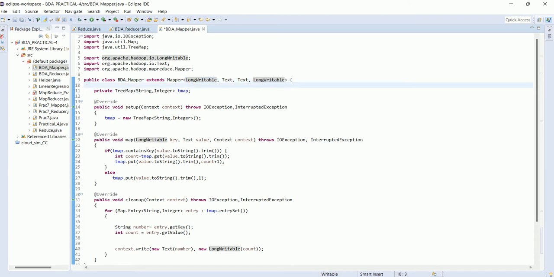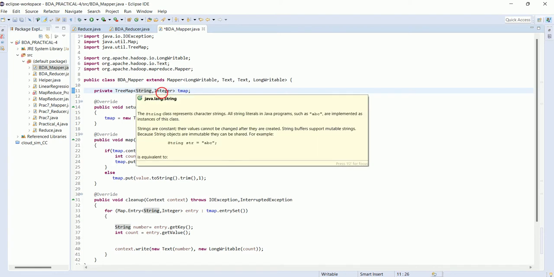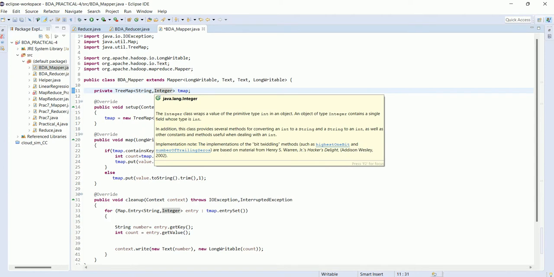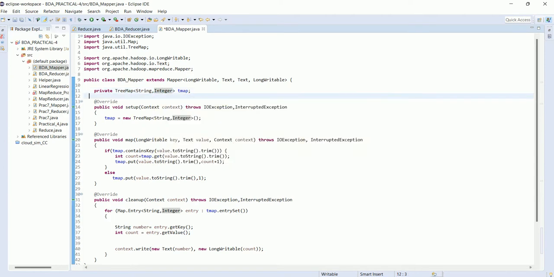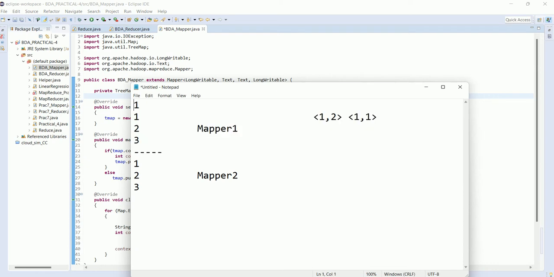Then we are creating a global variable, a TreeMap, which takes a key and a value. The key is a String, which is the number, and the integer just stores the occurrence of that particular number. We need this TreeMap to store the numbers and their occurrences. For example, for mapper 1, we have 1 occurring 2 times, so the TreeMap stores 1 as 1, 2.